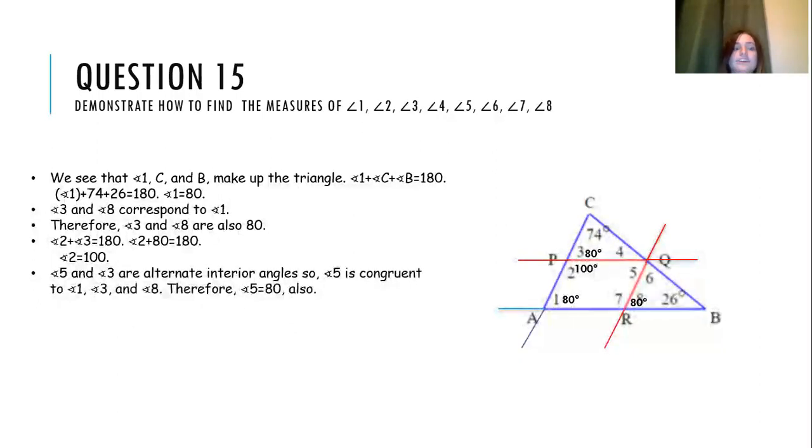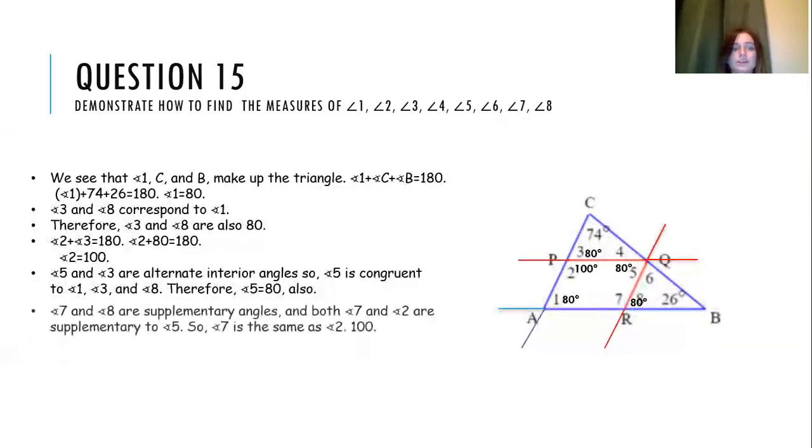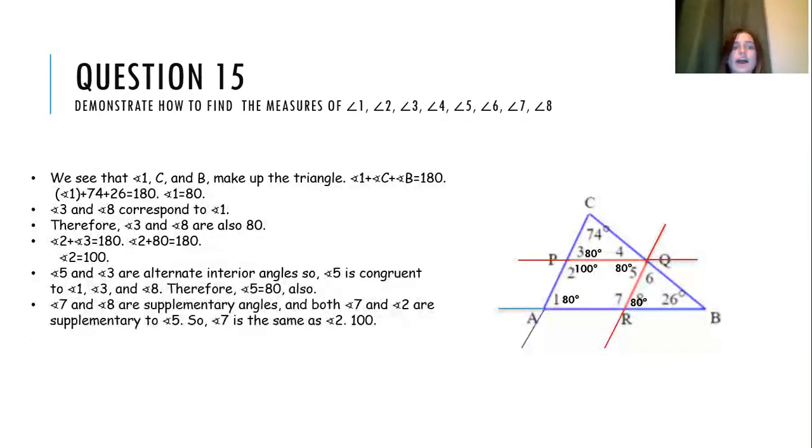Angle 5 and angle 3 are alternate interior angles, so angle 5 is congruent to 1, 3, and 8. Therefore, 5 is equal to 80 degrees also. Angle 7 and angle 8 are supplementary angles, and both 7 and 2 are supplementary to angle 5. So that means angle 7 is the same as angle 2, which means that angle 7 is also equal to